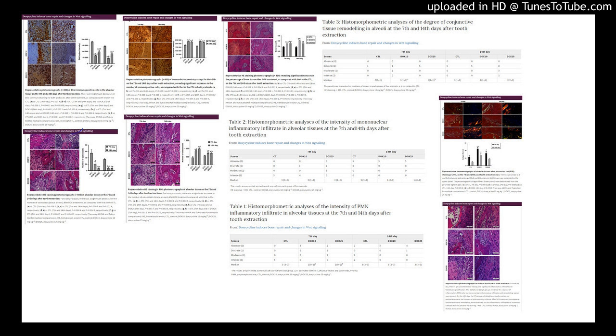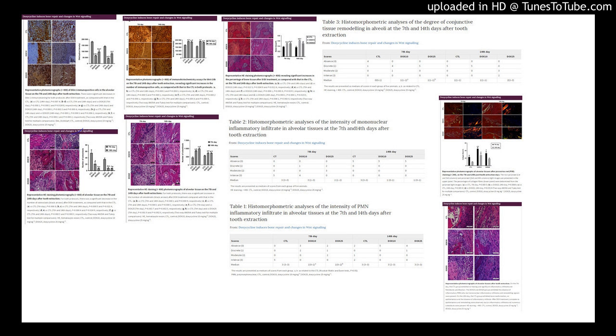Immunohistochemistry for DKK1. Figure 7 shows representative photomicrographs of immunopositive cells for DKK1 on the 7th and 14th days after surgery. Quantification of data from the 7th day revealed significant decreases of 63% and 46% in the groups treated with 10 and 25 mg·kg-1 DOX, respectively, compared with the CTL group. Although this pattern was maintained on the 14th day, the number of immunopositive cells was 69% and 42% for the DOX10 and DOX25 groups, respectively.